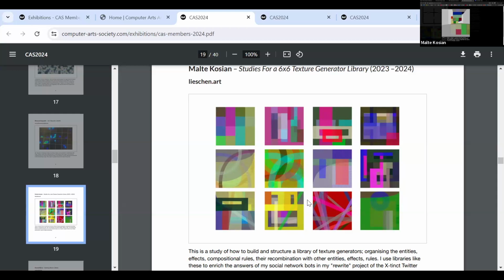Currently there are several grids available, 3x3 to 6x6,